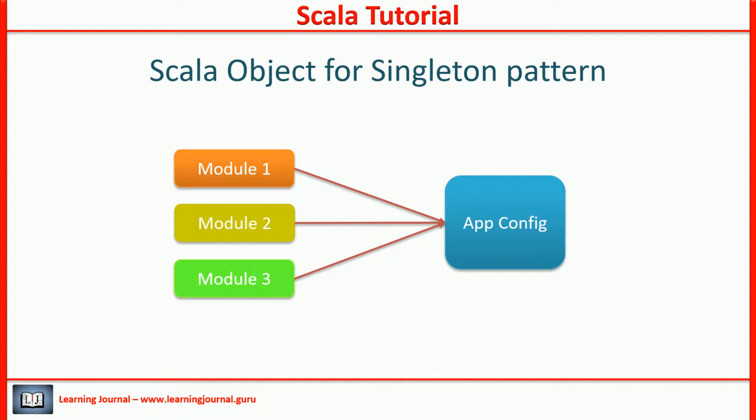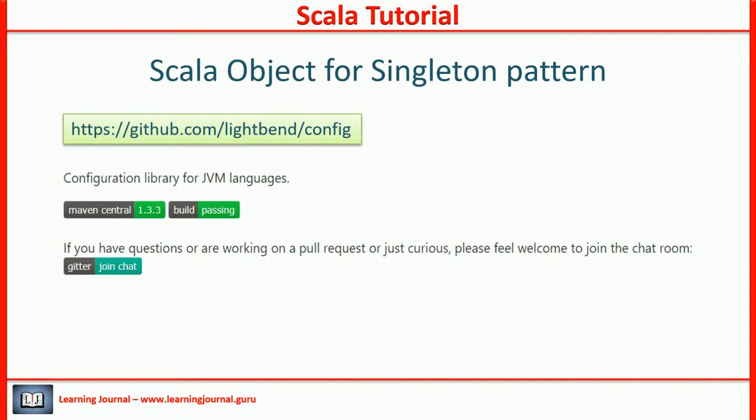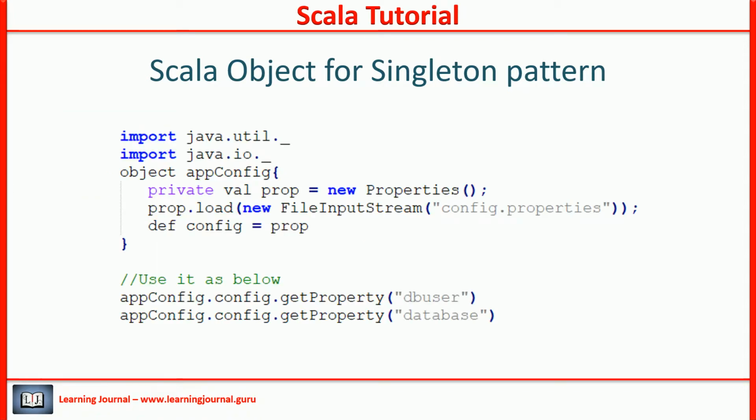As part of your design, you don't want your application to create multiple objects and load the configuration data again and again. Instead, you would prefer to keep one single object and reuse the same for every reference. Singleton object is a common alternative to implement it. In your production application, you might want to use some existing library. One popular option is the config library developed by the Lightbend team. However, for our learning, here is a basic form of the code.